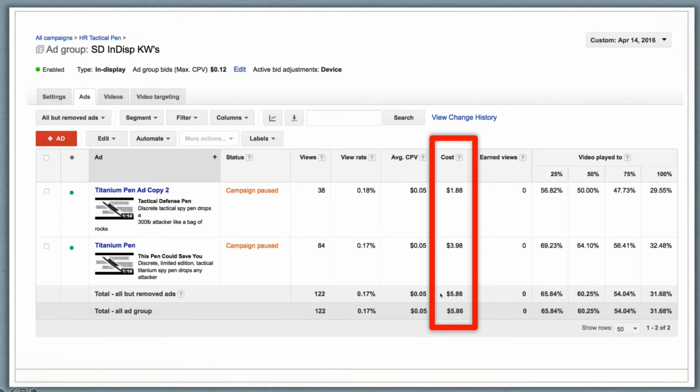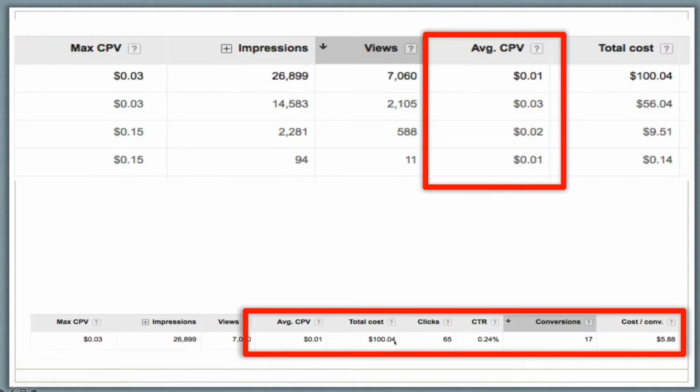Step number four is set up your ad campaign, and that is what I did right here. We spent that $5.86. Here's the ad right here. It's the exact same video that they had. And then you start getting traffic, right? And this is just to kind of show right here, look, 1 cent views on some of these campaigns, 3 cent views, 2 cent views, 1 cent. Very, very cheap views.